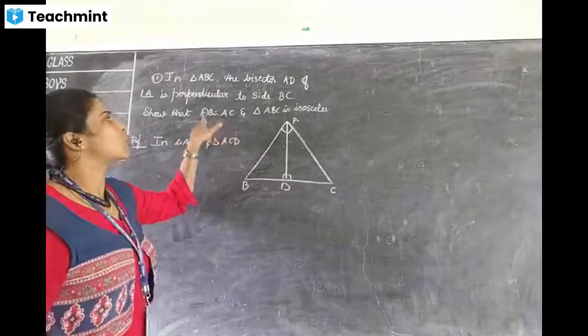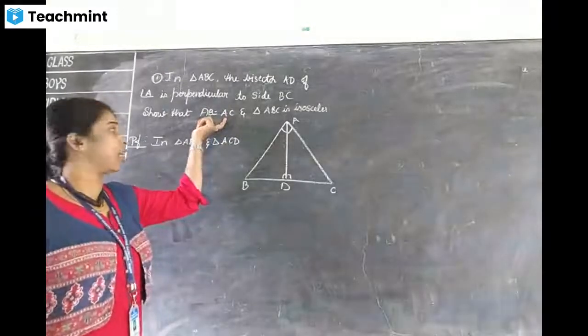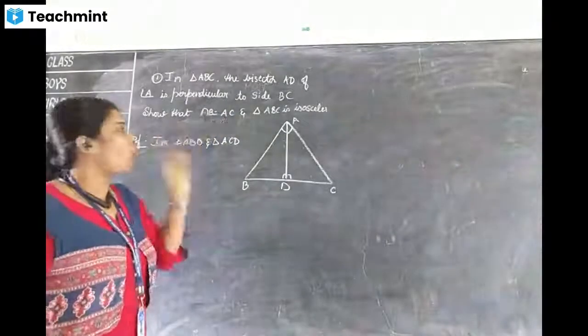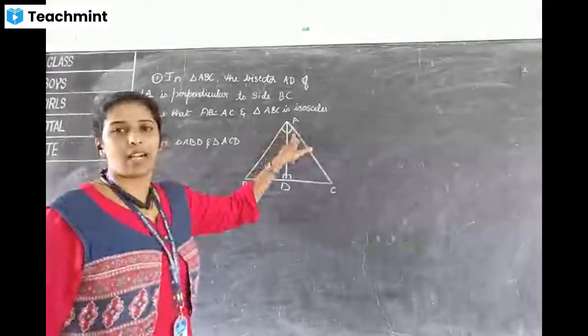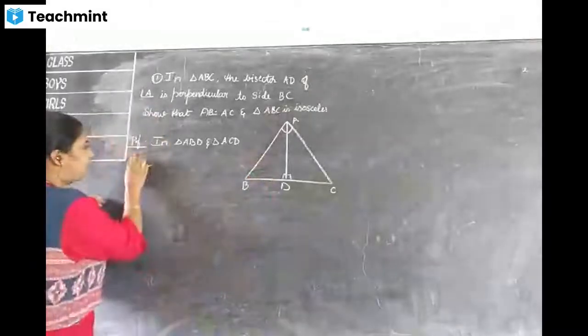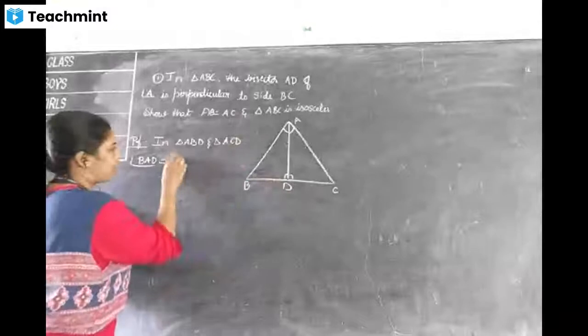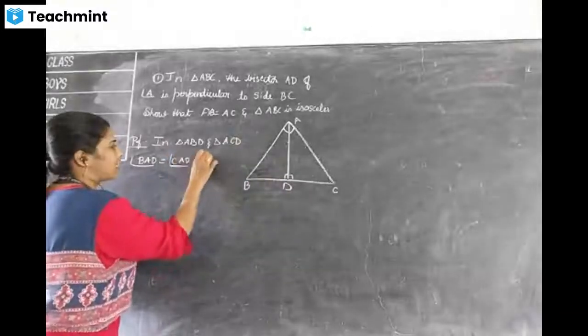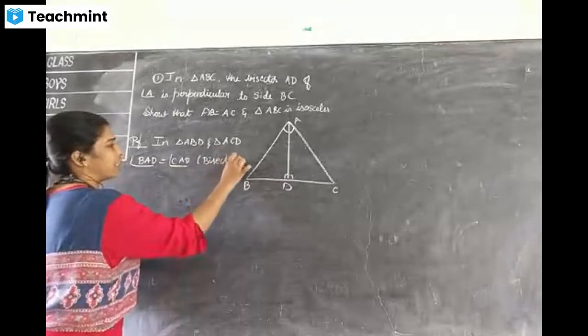So don't take these two are equal. They asked us to prove AB equal to AC. They are not given these are equal. So what equal things they are given? Angle A, bisecting angle they are given. So we will write that one. Angle BAD is equal to angle CAD, bisecting angles.